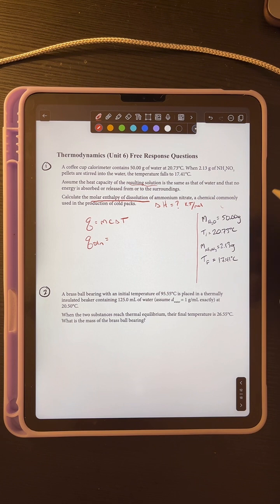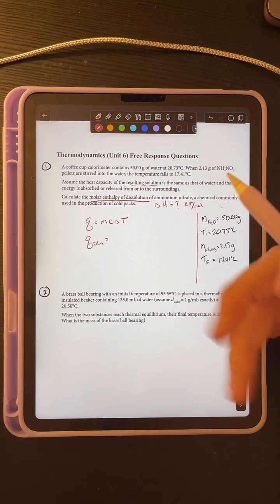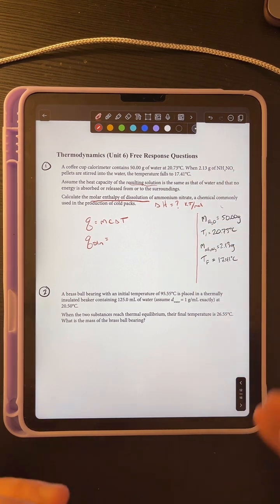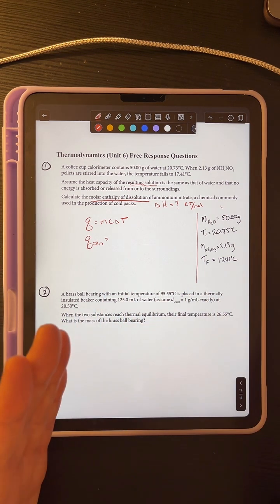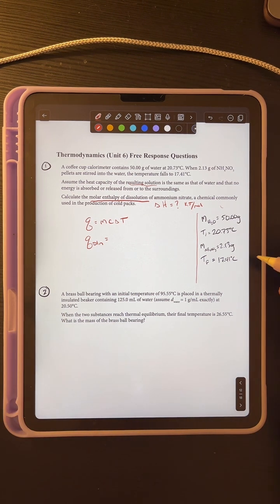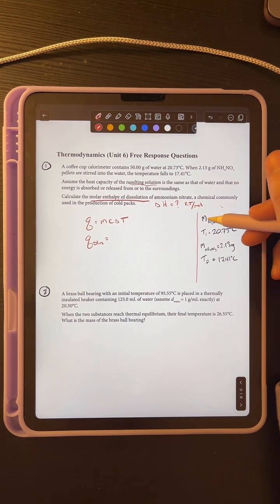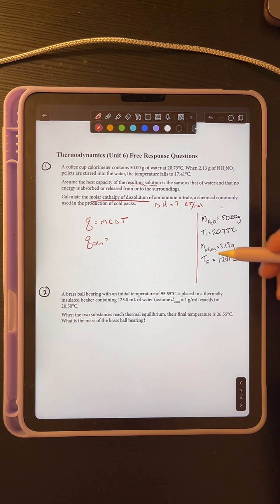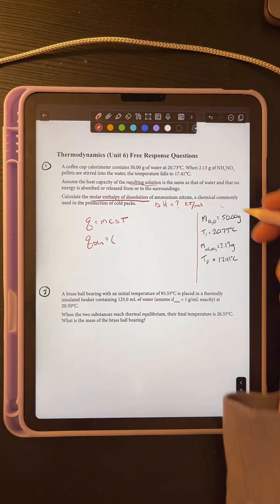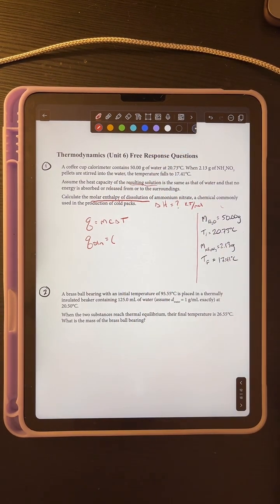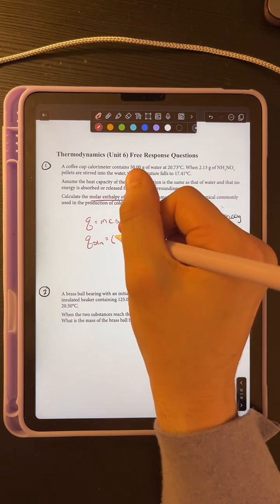Whenever we put a hot iron cube or lead cube into it, we're not changing the overall solution. We just have heat being transferred from one to the next. Here, though, we're creating a new solution. So our new solution is the mass of both of those combined, the mass of our water and the mass of our ammonium nitrate. So our new total mass would be 50.00 plus the 2.13,